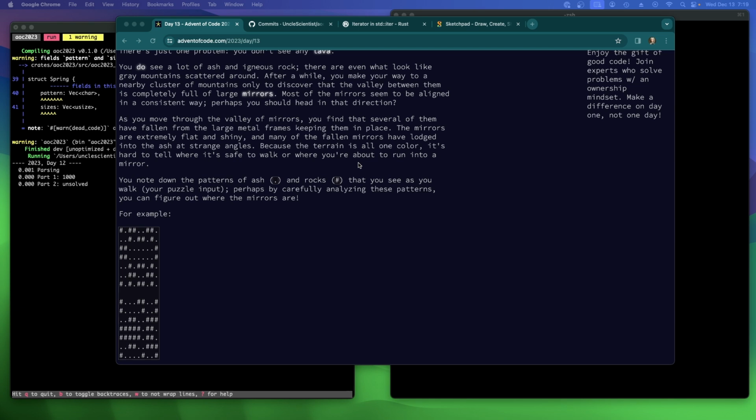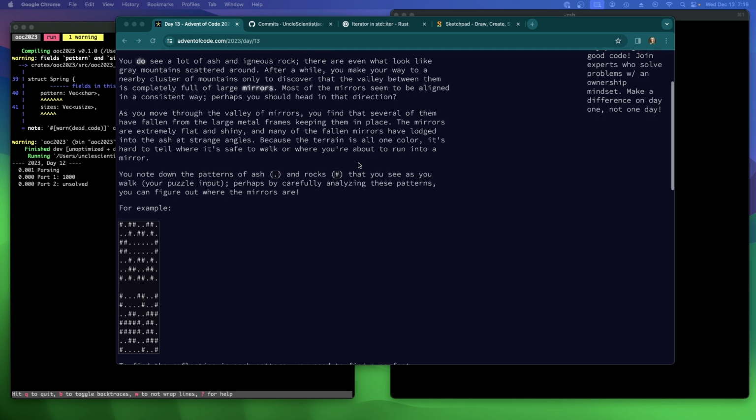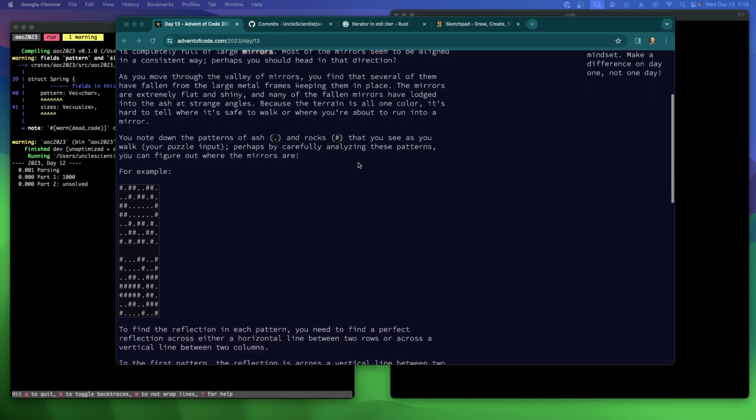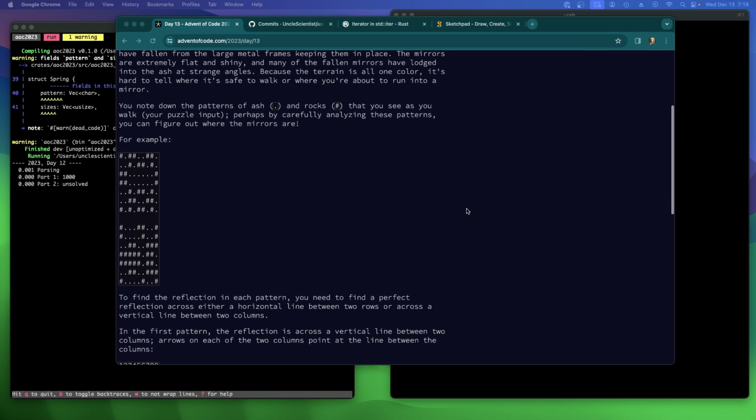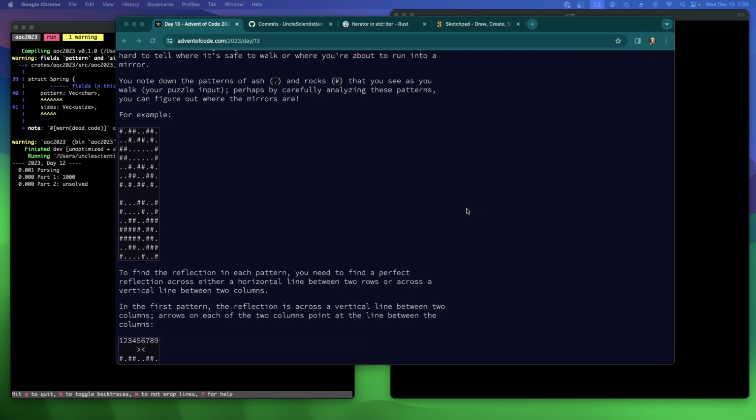Because the terrain is all one color, it's hard to tell where it's safe to walk or where you're about to run into a mirror. You note down the patterns of ash and rocks. Perhaps by carefully analyzing these patterns, you can figure out where the mirrors are. For example, to find the reflection in each pattern, you need to find a perfect reflection across either a horizontal line between two rows or across a vertical line between two columns. So if just two lines are equal,